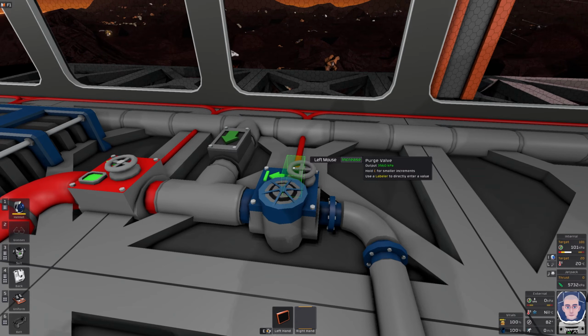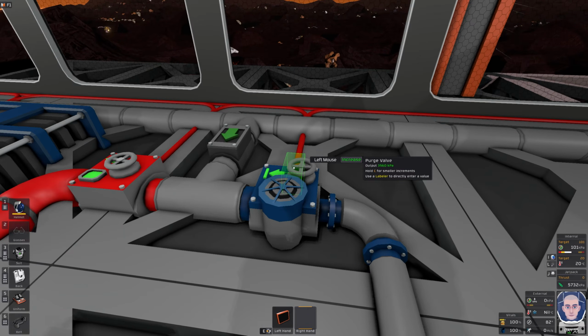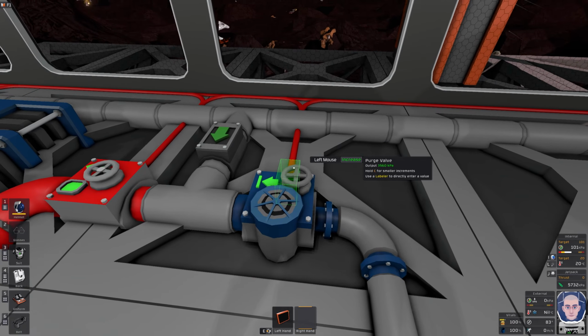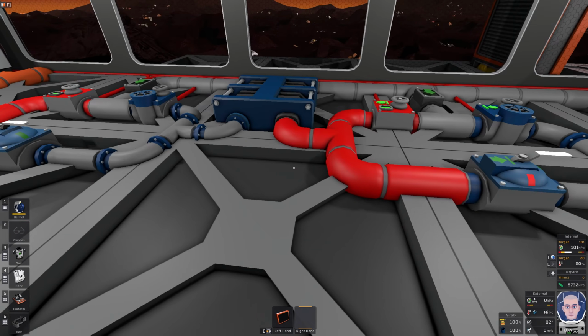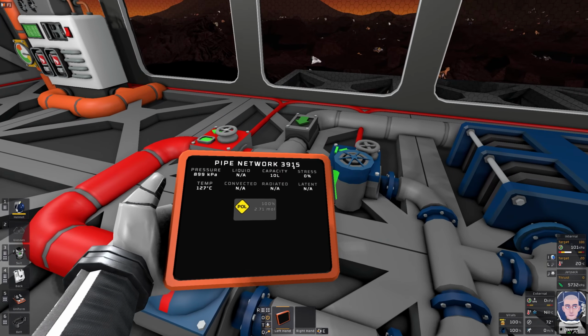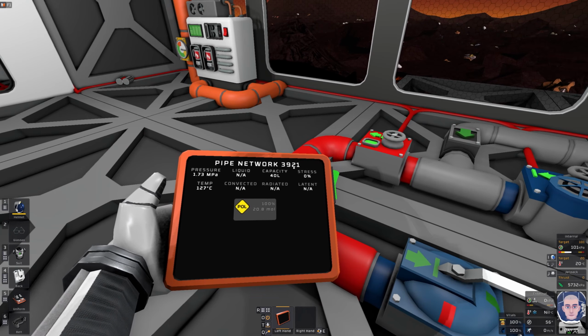The reason for 3560 is that based on our chart for pollutants, that should give us, in theory, 20 degrees Celsius on this pipe. All right, so the first thing we need to do is charge up the system